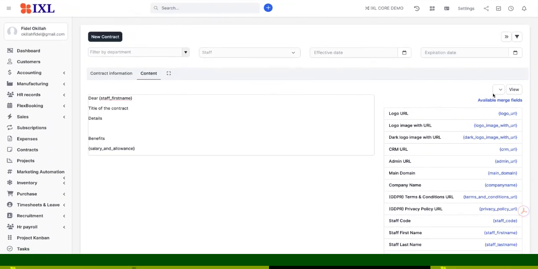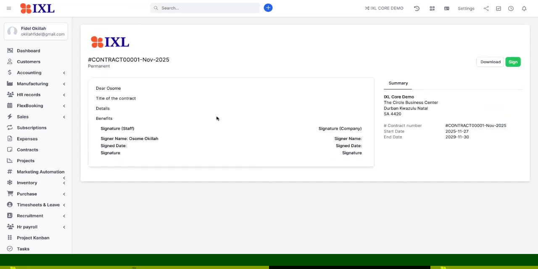This contract we can view. This will allow us to view the contract. But remember, the system allows us to have as detailed a contract as possible, to ensure that we put all the fields and all the terms and conditions, and to ensure that the staff is capable of signing the contract. So this can be set up as a contract template, and the staff is able to sign that contract